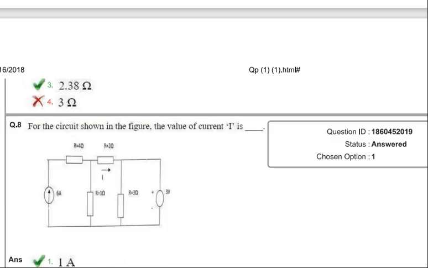So like that you can solve the questions, and you can see what kind of questions they are asking, and the remaining also. See here, for the circuit shown in figure, the value of current is asked, so this current you have to calculate. Just observe this. I will tell you what kind of questions they are asking. Just observe this. And next one,